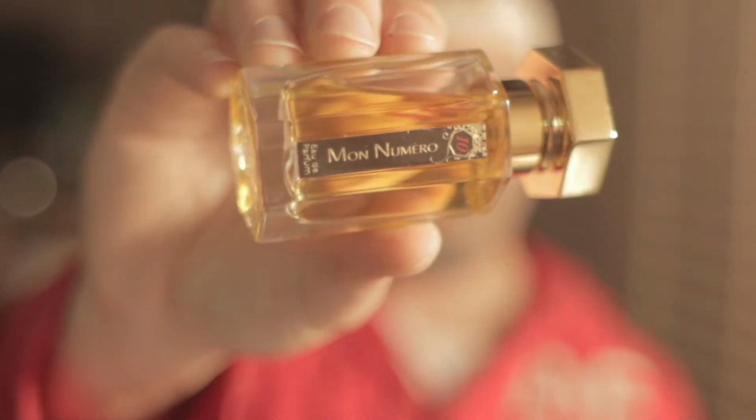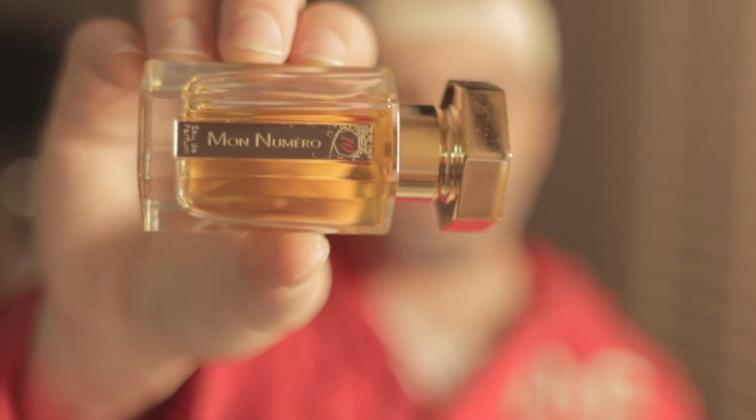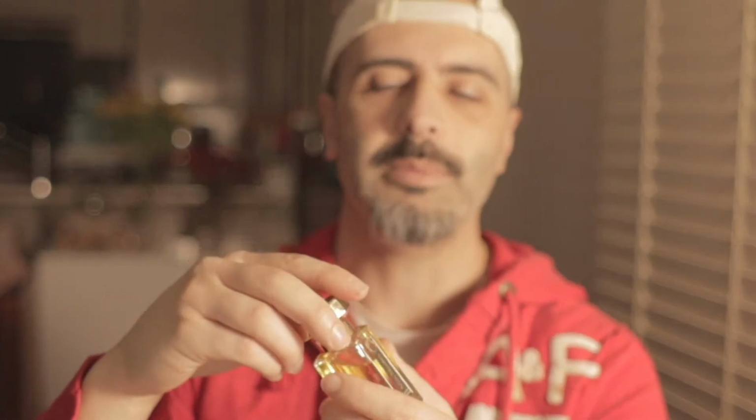This is Mon Numero 10, if you want to say it in French. Mon Numero 10. Or 10, or 10. All right. My number 10. And the lid's a bit... You hear that? It's a bit wobbly, but